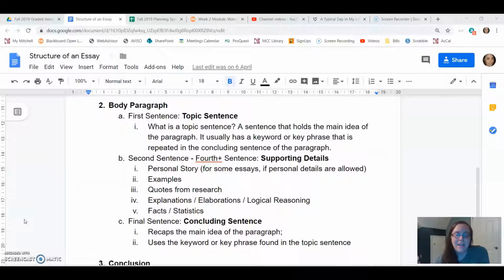Most of the time when I hear students say that, I tell them that's a good feeling, especially if you don't feel confident in your own writing. If you feel like you are repeating yourself, and especially if you're doing it at the beginning and the end, writing is cyclical. We have a topic sentence where we have a thesis statement that states our main idea. Then we go and state those main ideas again in body paragraphs. We develop those where we're really fleshing out the main idea. And we have topic sentence and concluding sentences that repeat those main ideas. So it is very much a repetitive process.